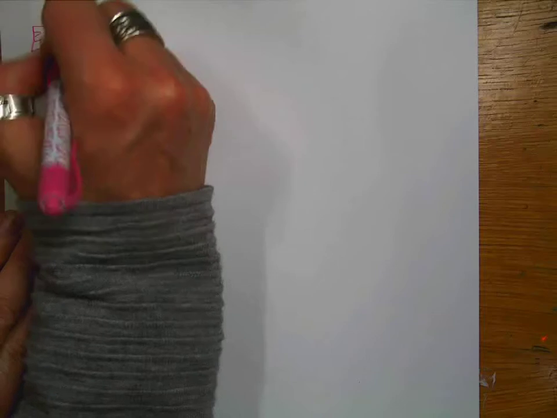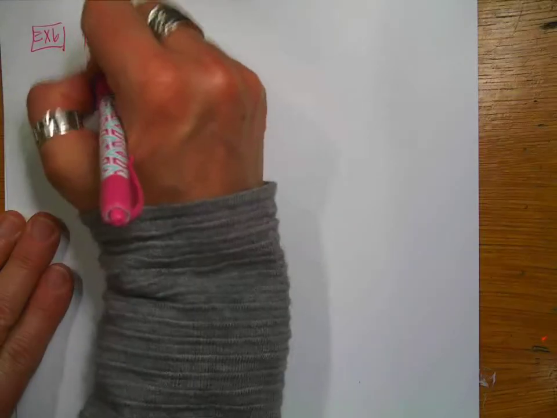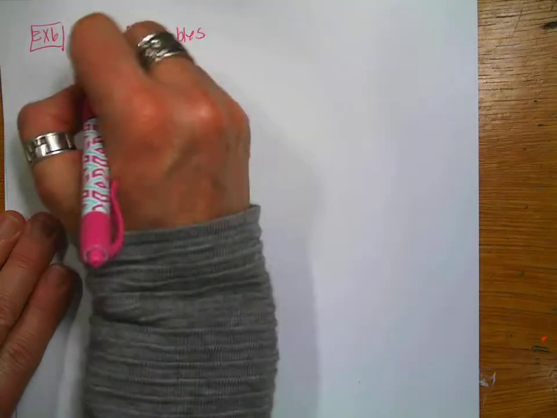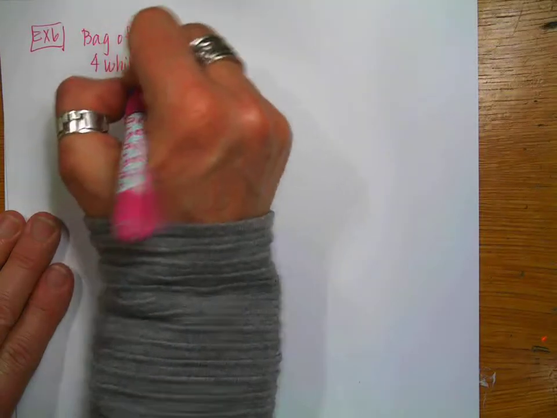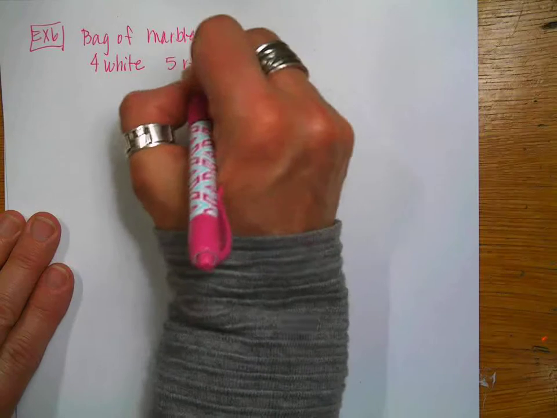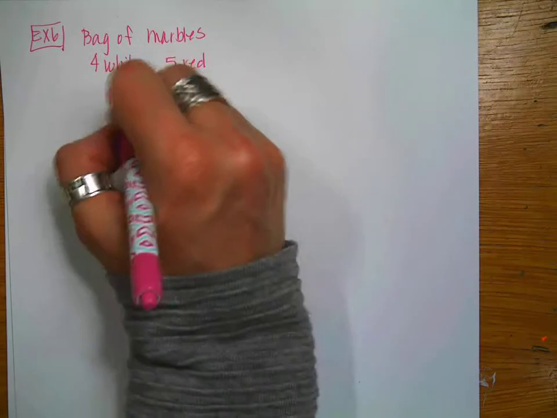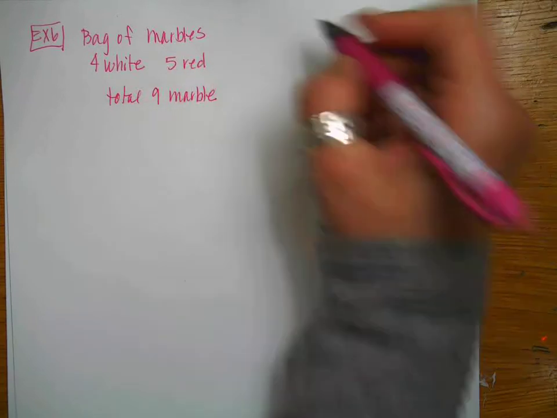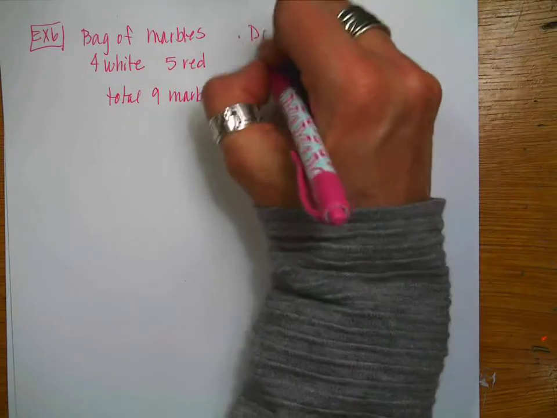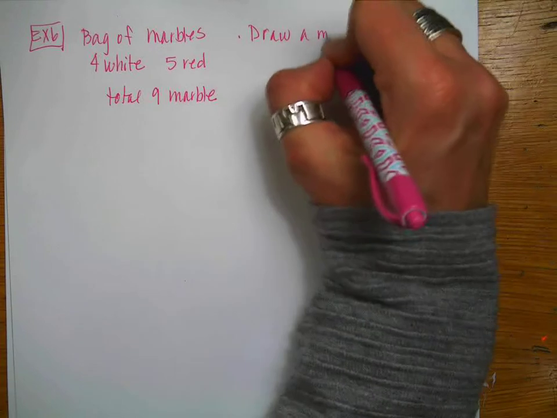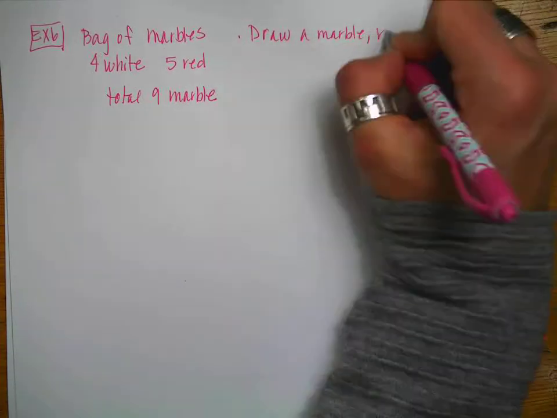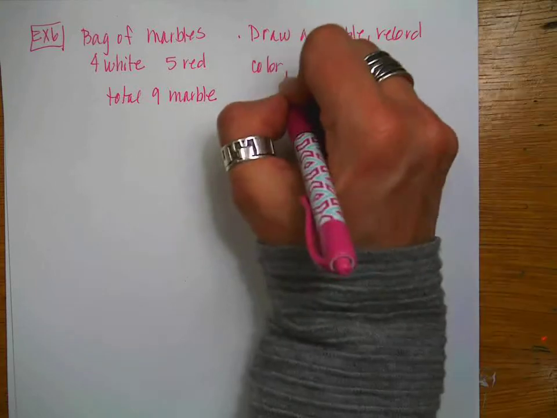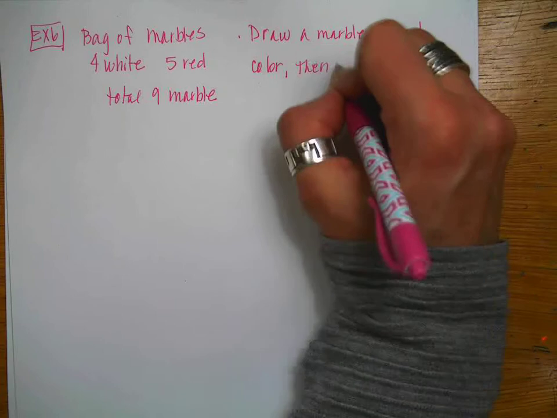Okay? So example number 6 is going to be pulling marbles out of a bag. So we're going to have a bag of marbles. We're going to have 4 white, and we're going to have 5 red. So we have a total of 9 marbles. Okay? So we're going to draw a marble, record the color,